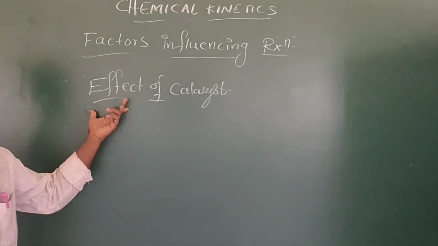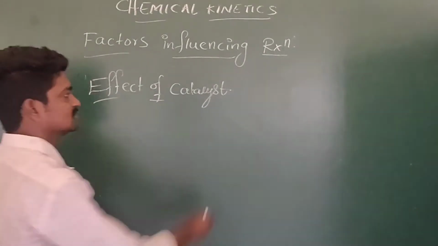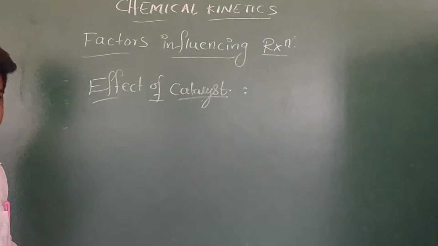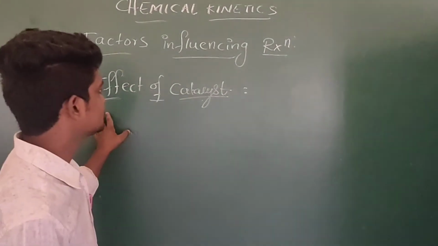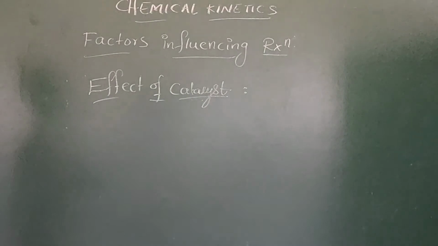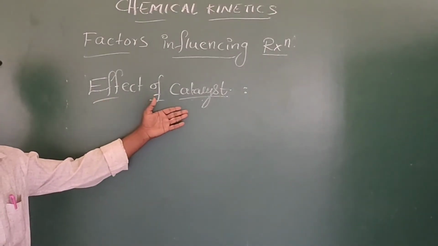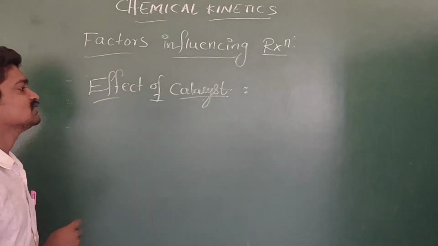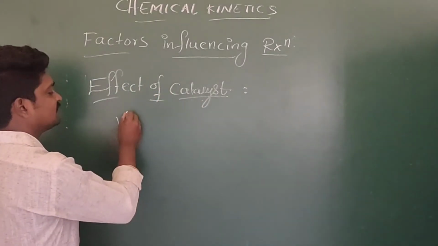So next one, effect of catalyst. So we know what a catalyst does in the reaction. A catalyst doesn't change the amount of reaction, but increases the speed of the reaction. That is the catalyst nature. So for catalyst, we can write which